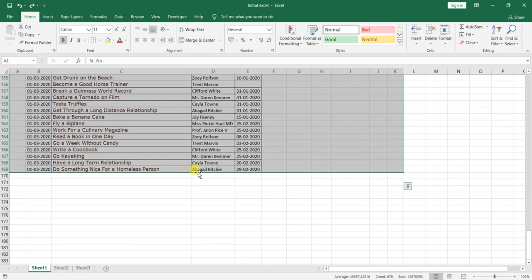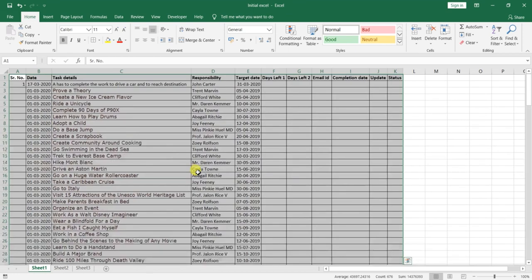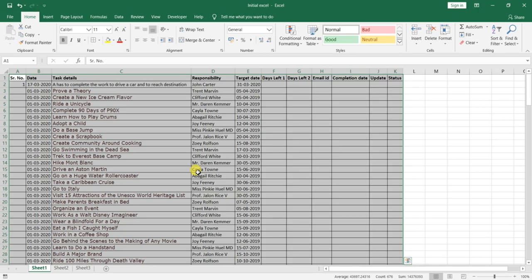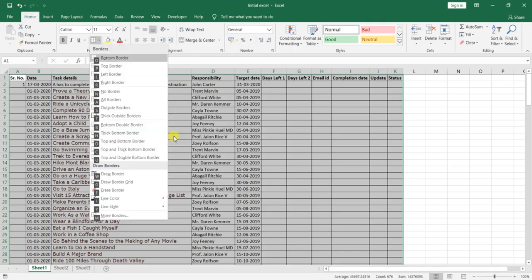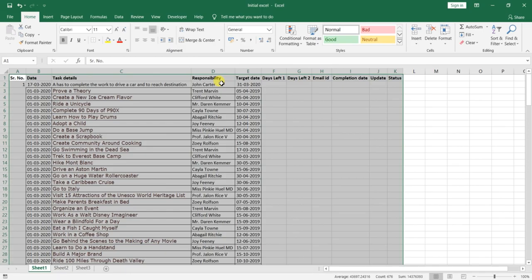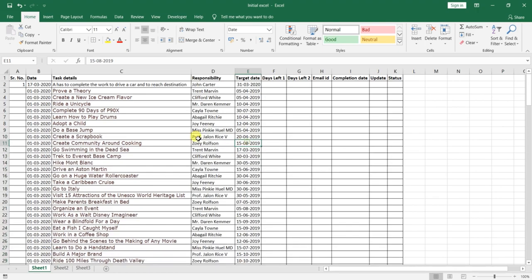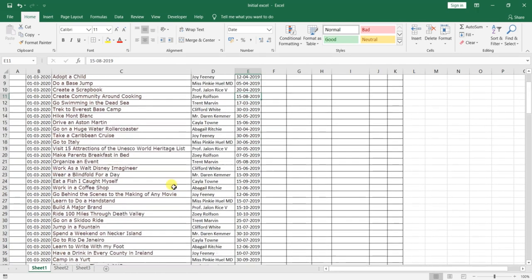Now you can press Alt H B A to make it much faster. I will tell how this is working. Alt H, then there are so many shortcuts. B is for border, you can just check this. B N is for no border, right? E is for all borders. Again I'm doing no border, right? All the borders are removed. Alt H B A for all the borders. Likewise you can do this thing.